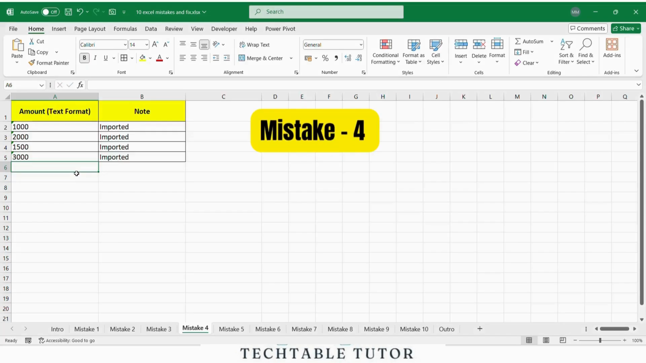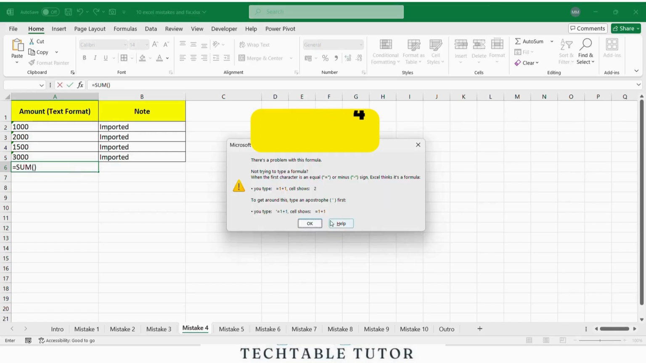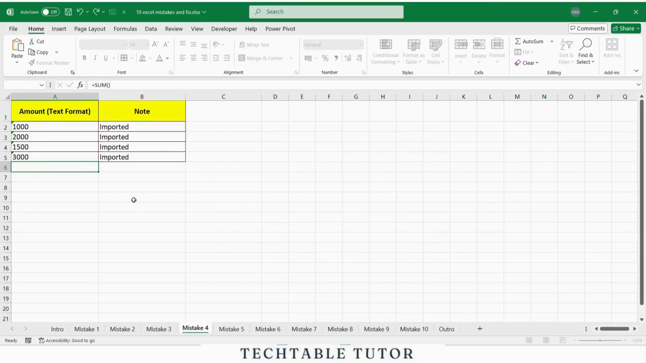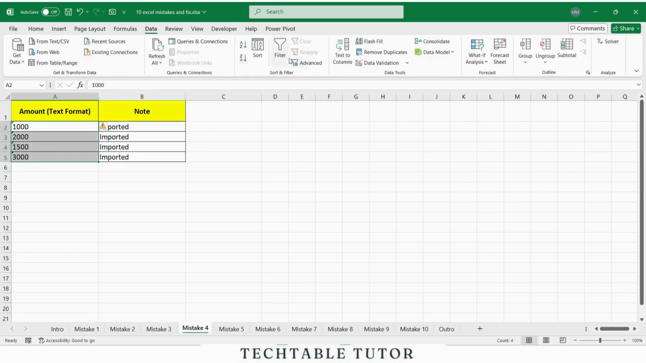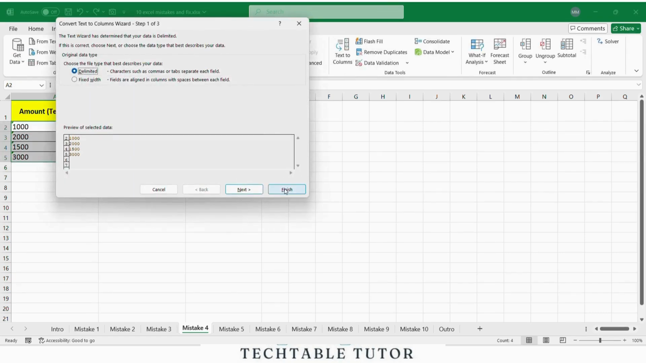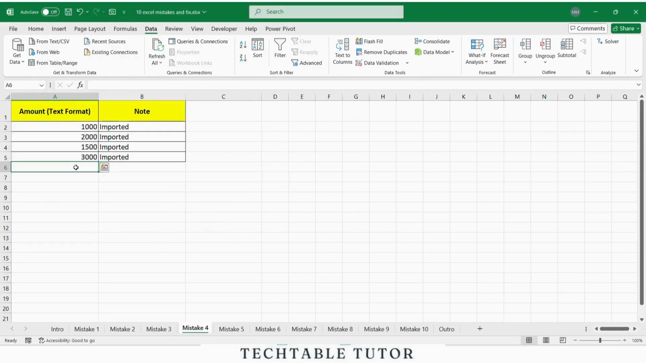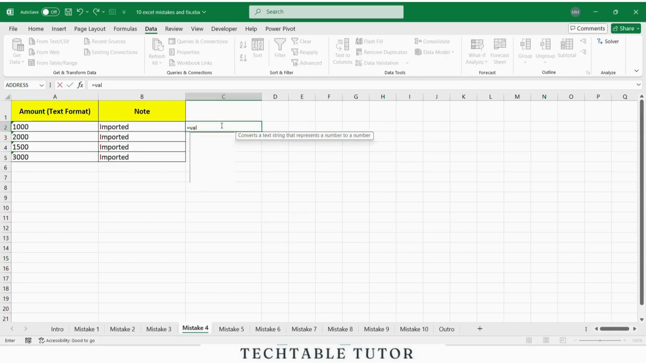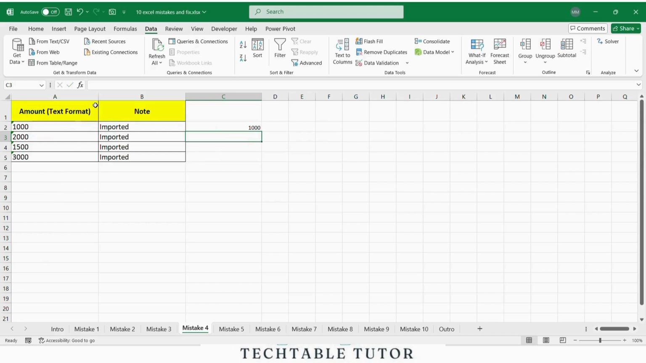Have you ever seen numbers in your sheet that won't calculate? Or maybe they are aligned to the left like text? This usually means that Excel is treating your numbers as text, which breaks formulas and sorting. This can happen when you import data from a website or a different program. To fix it, select the cells, go to the Data tab, click Text to Columns, then just hit Finish. Excel instantly converts them into usable numbers. Or you can use the formula =VALUE(A2) to do the same thing